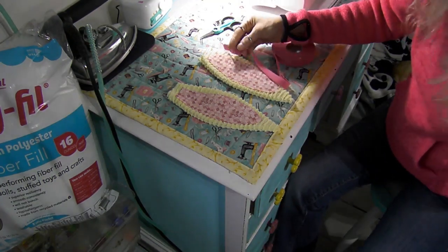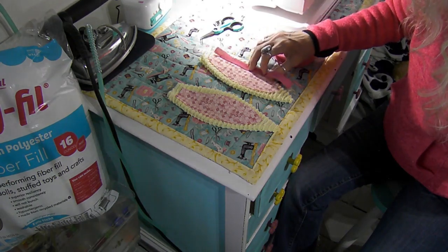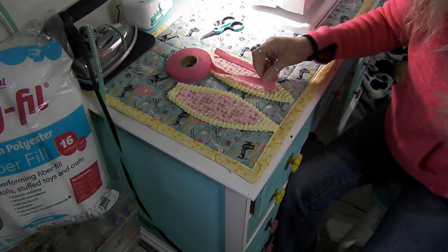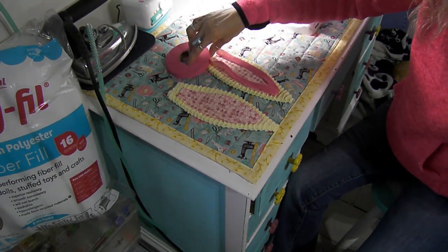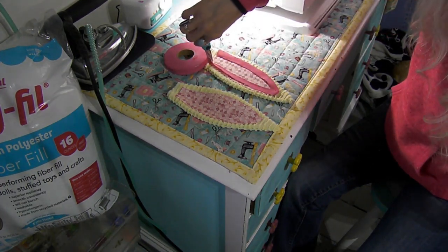Sorry, bear with me. I'm going to edge this to the top, and I'm just going to put it in the middle of the edge all the way down, and then back up around. And it doesn't matter if it overlaps or anything, because this is all going to fray, and it's going to make this look really, really cute and fuzzy. And I'll just cut this off,